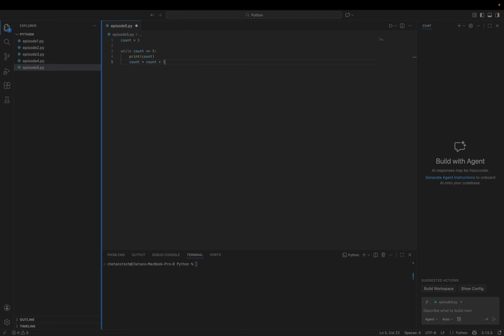While count is less than or equal to 5, print count, simple, increase count by 1. Python checks the condition every time before repeating.